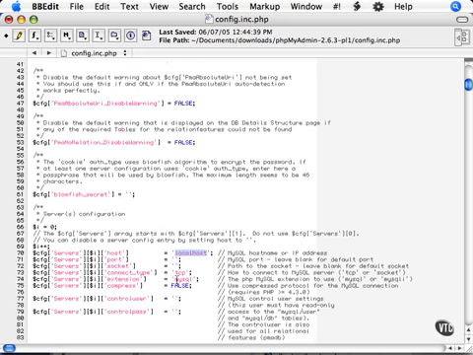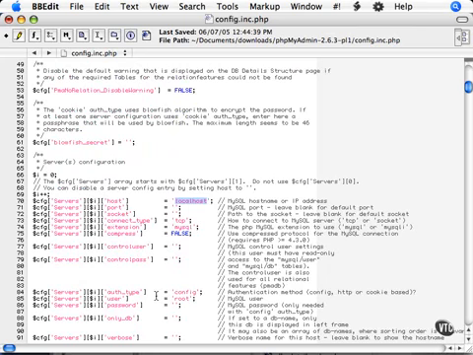Now a little bit further down here, we have our authentication type. What I want you to use is the HTTP method. This is the most secure method for you to use right now. It will require you to enter the user and pass name of your MySQL database user. If you're really paranoid, as I am, you may want to use this in combination with running MySQL on a